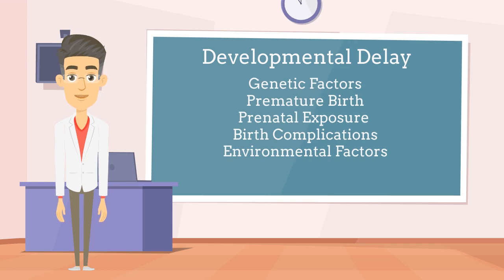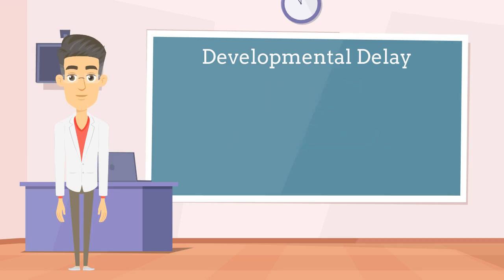Recognizing the signs of developmental delay is crucial for early intervention and support. Parents of children may notice a delay in achieving developmental milestones, such as sitting up, crawling, walking, or speaking. Other red flags may include difficulty with fine motor tasks, limited social interactions or communication, developing at a slower rate compared to other children, delayed or limited language skills, or challenges with problem solving or attention.